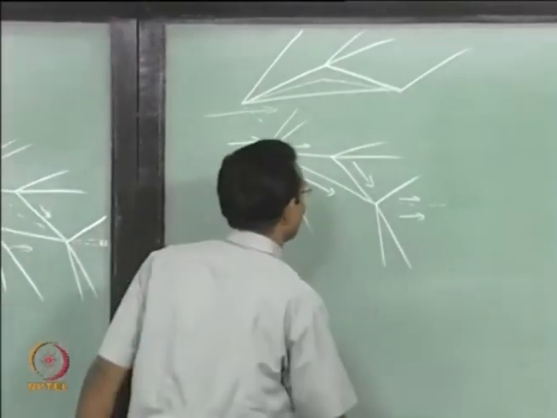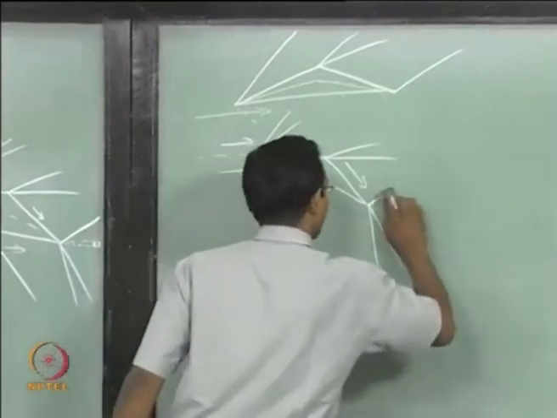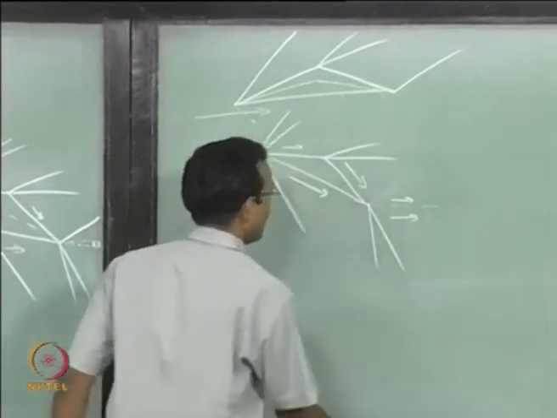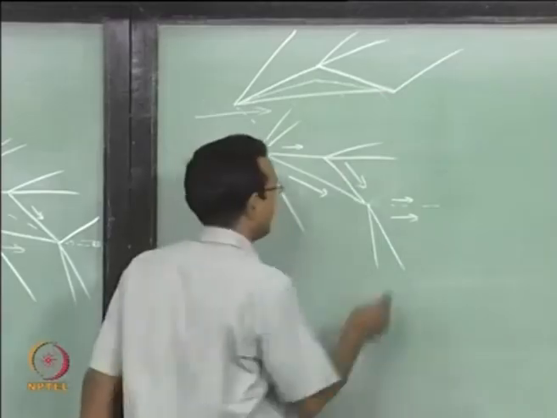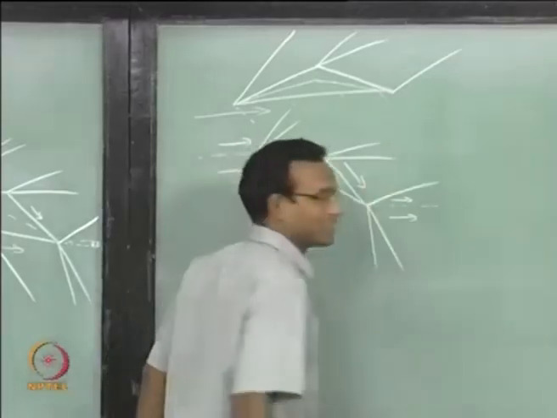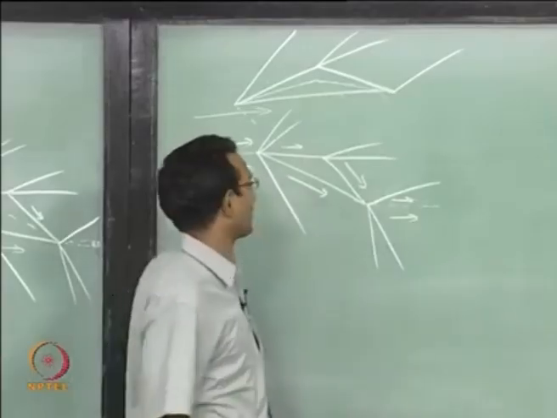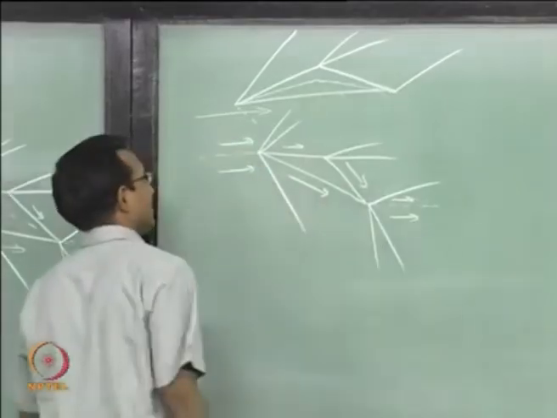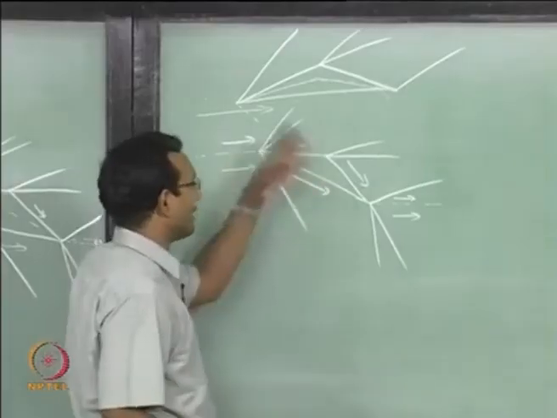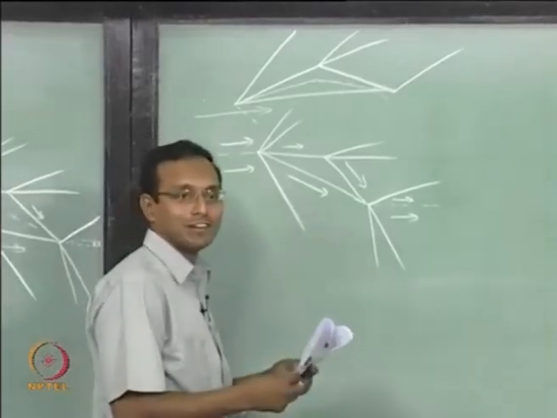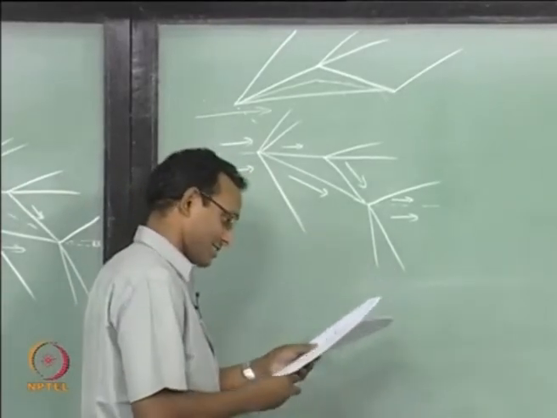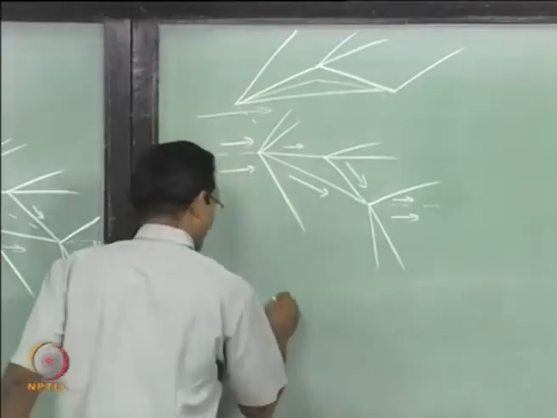I have drawn it such that this shock angle is 90 degrees. That is very wrong. 90 degrees with respect to streamline, that will never happen. I am assuming attached shock still, so it is going to be less than 90 degrees with respect to incoming. So this is more like a flow field. So you should be comfortable in drawing such flow fields around different bodies. That is the idea. I will draw one more,